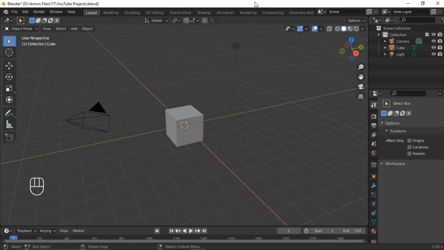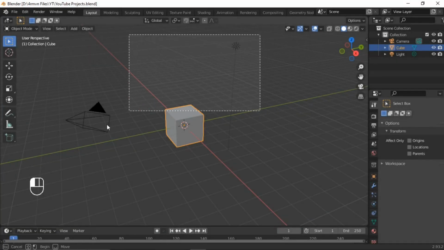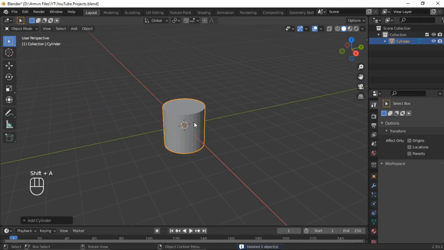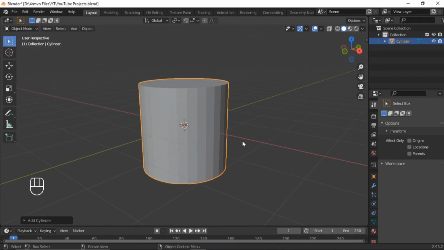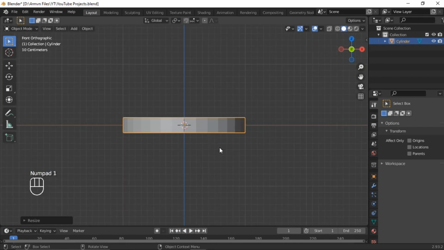In today's video we're gonna be making a stylized medieval watchtower in Blender, so let's get to it. First off, we need to add a cylinder because the main shape of our watchtower is a cylinder with some loop cuts and extrudes and in and out. So the first thing we need to add here is a cylinder,